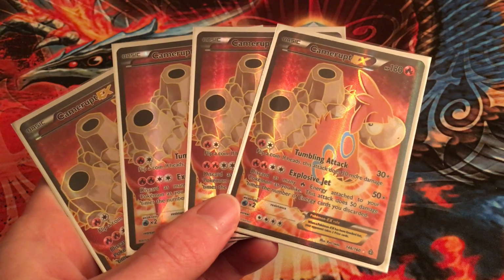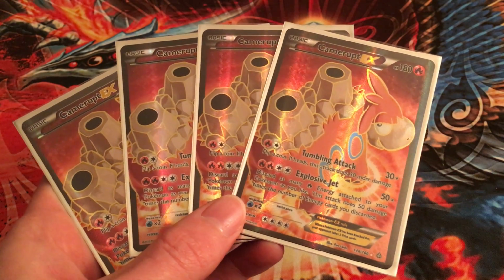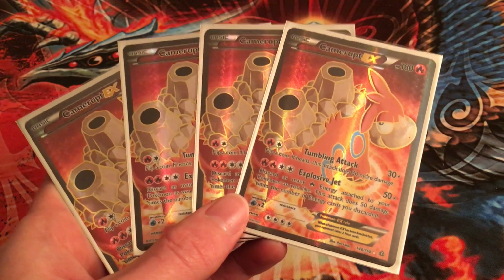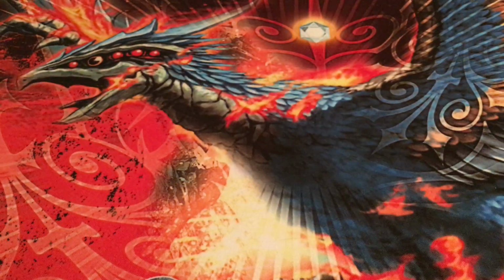Now, we could be using Burning Energy, which is a cool idea, but honestly, in a lot of ways I think it kind of interferes with the main theme of the deck, believe it or not. While that's a version of this deck that I want to visit at some point, today we're not looking at Burning Energy. Today we're just relying on basic fire energies to power up our Camerupt EX,